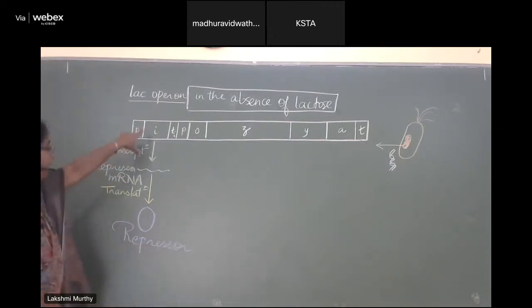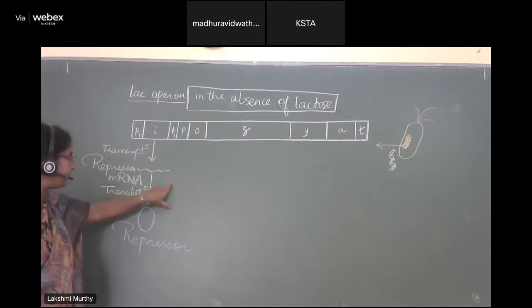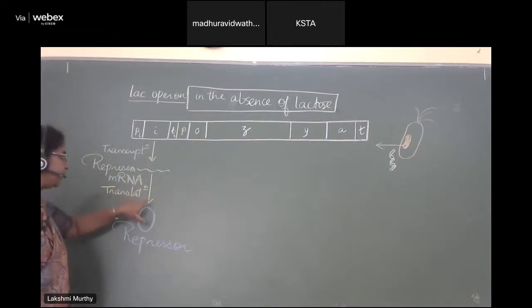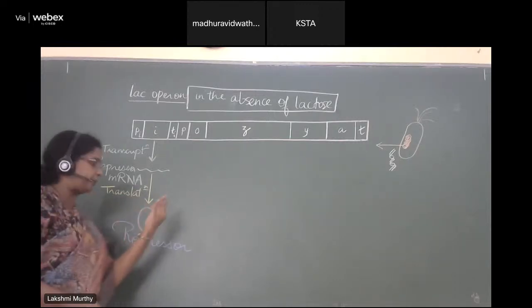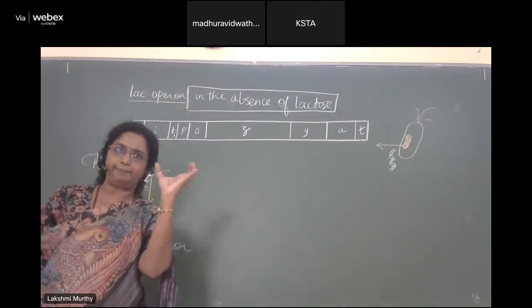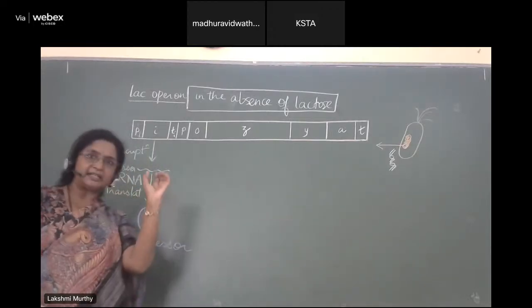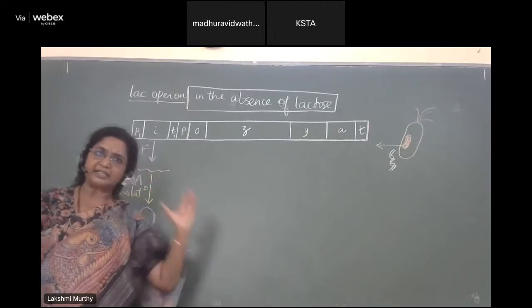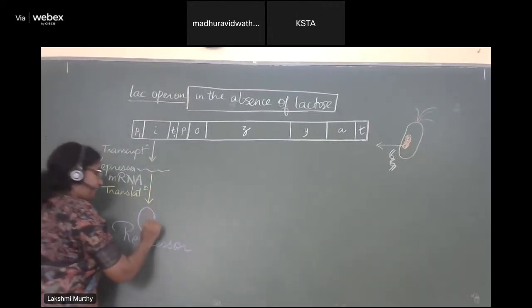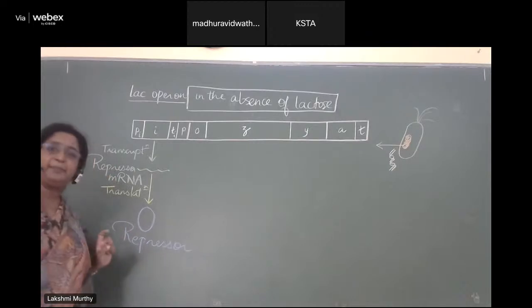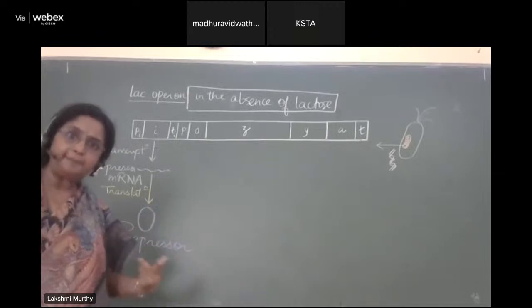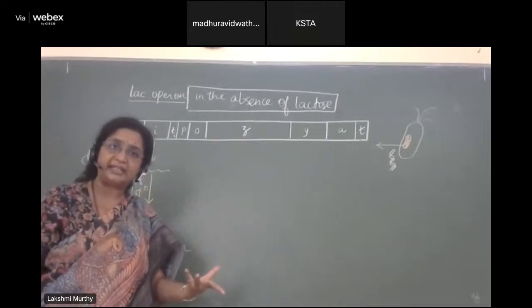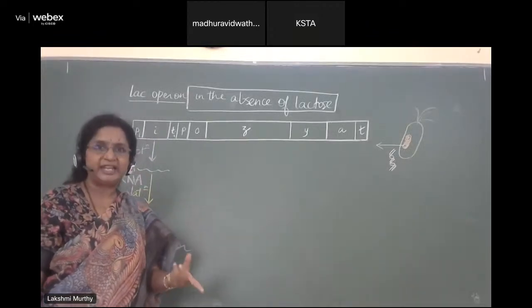I'll repeat again. The I gene undergoes transcription and makes an mRNA called repressor mRNA. This repressor mRNA undergoes translation and makes a protein called repressor. Repressor from the front looks like this, but it is a clamp-like protein. Side view, and it is going to be like a clamp. Okay, that is going to be the repressor protein. The repressor protein has the ability to not only read DNA, that is the sequence of DNA, it can also bind to DNA.